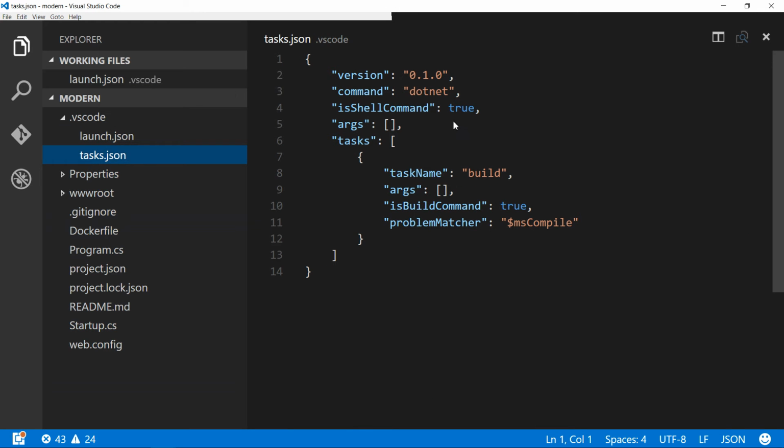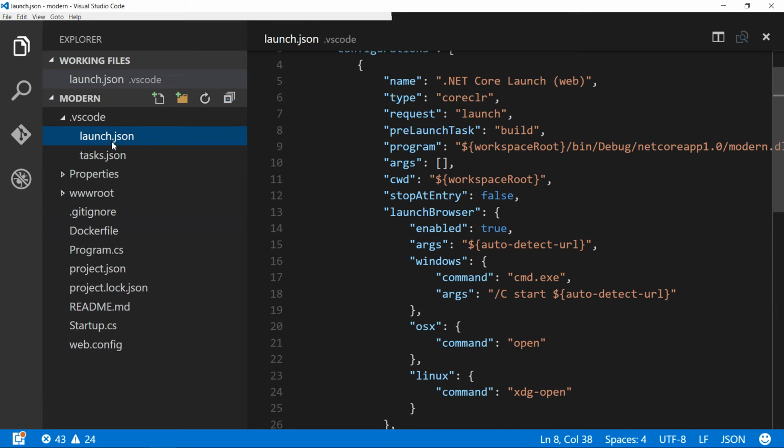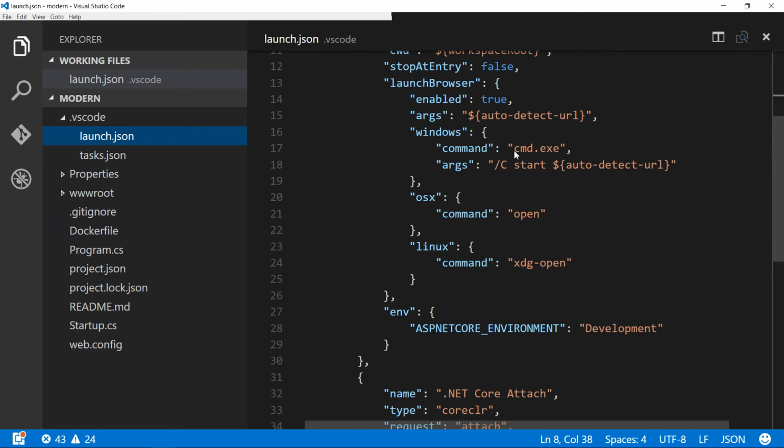And tasks.json is a Visual Studio Code file again. It is going to invoke the .NET command and the build. As you know, that's the command that you want to use to build an ASP.NET Core application. And if you notice the launch.json, it is going to launch the browser automatically by using this command, exe, and then the URL. When you do a command exe followed by a URL, whatever browser is associated with the URL will launch. In my case, it's going to be Chrome. Whatever browser you associated, that's going to be launching your application. Okay, so